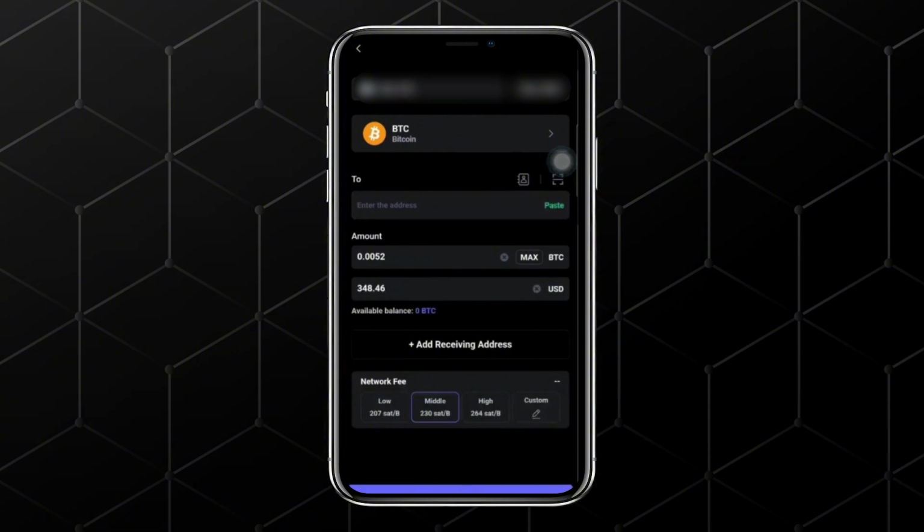Return to the SafePal Wallet app, paste the copied address in the field provided, and tap Send. Your Bitcoin will now be transferred directly to your Cash App wallet. Depending on network congestion, it may take a few minutes to complete. Once the transfer is finished, you can convert your Bitcoin to cash within the app and use it for payments